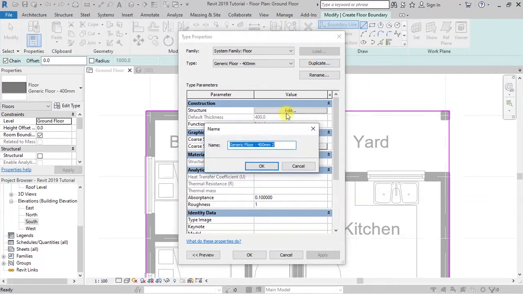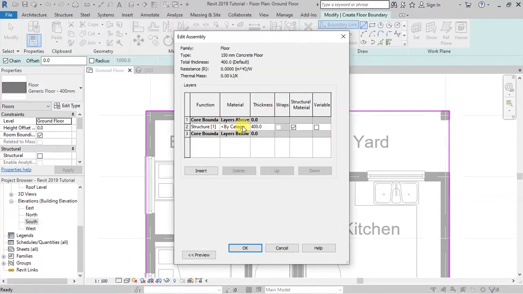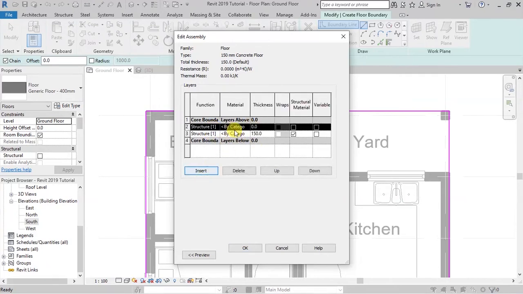Click on duplicate, so that maybe you can create 150 millimeter concrete floor. So click OK. Then under structure, you'll have the center here as 150. Let's say 150. Then we can insert